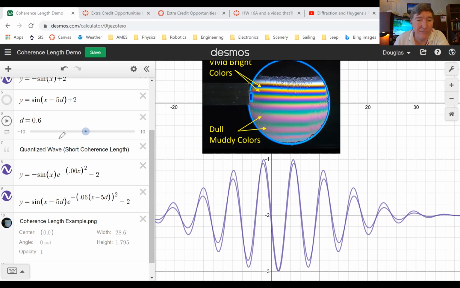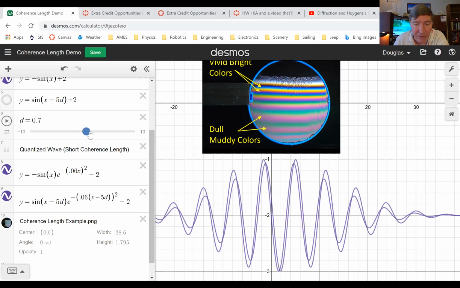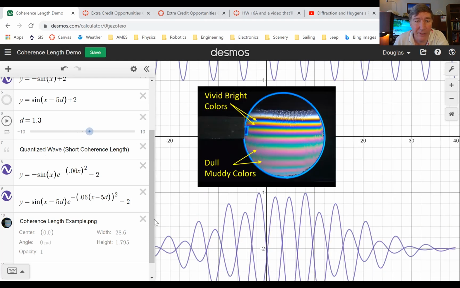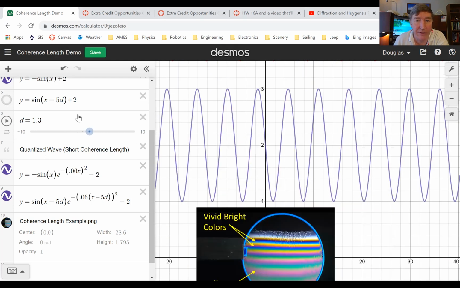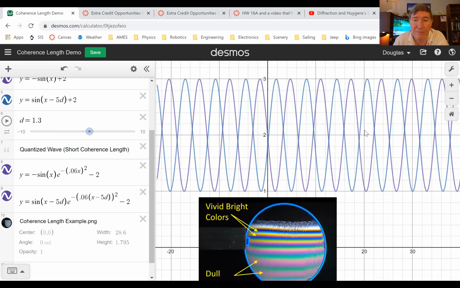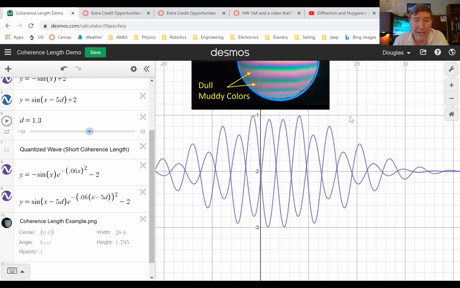But now let's shift it some more. Let's see what happens if I shift it over here. So now this is where we should be getting destructive interference. In fact, if you look up here at the classical wave, with the classical wave, we absolutely have destructive interference. You see we got a peak up here lining up with a trough down there. Total destructive interference. Well, down here with the photon, we still have destructive interference, but it's no longer total